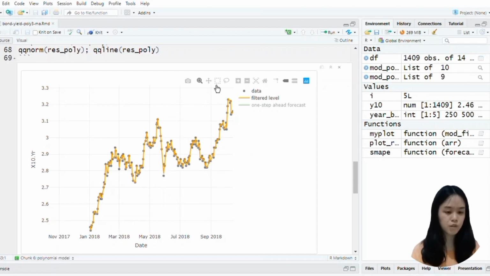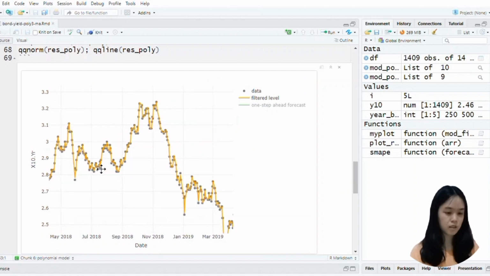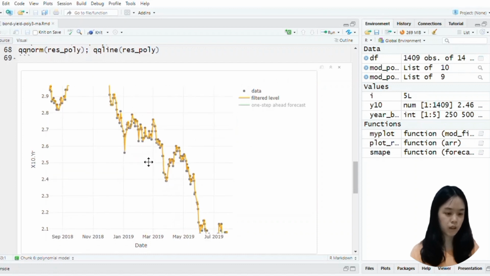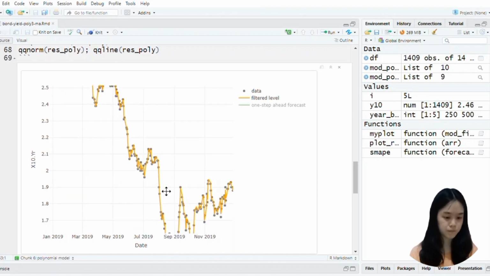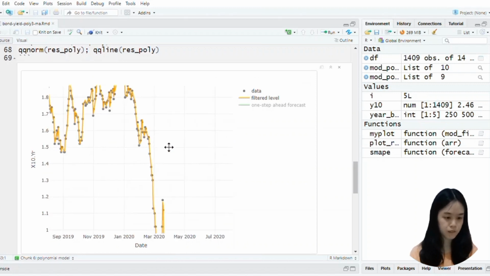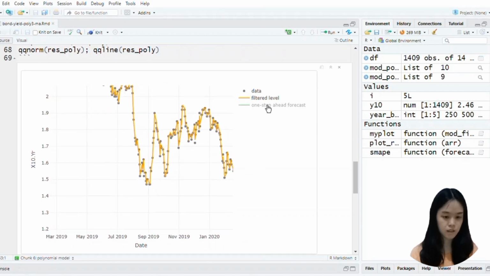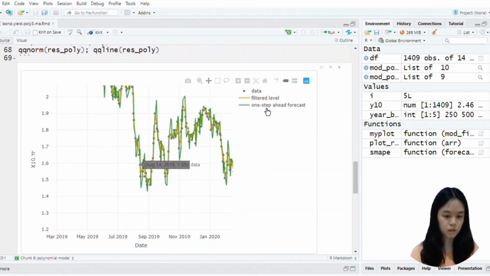We can see that the filtered level adapts to the data quite well. It can follow the dots quite quickly, like this. And now when we show the one step ahead forecast,